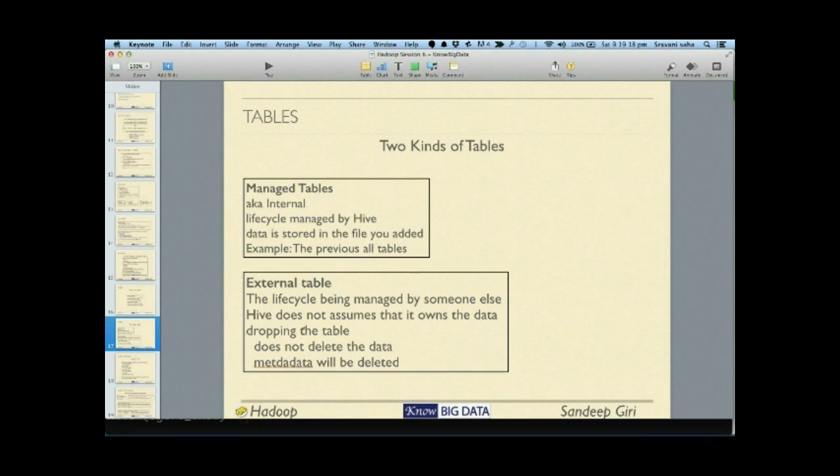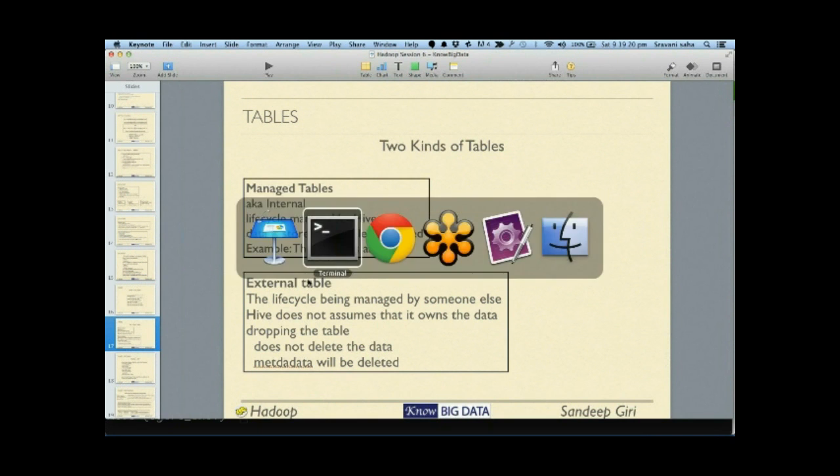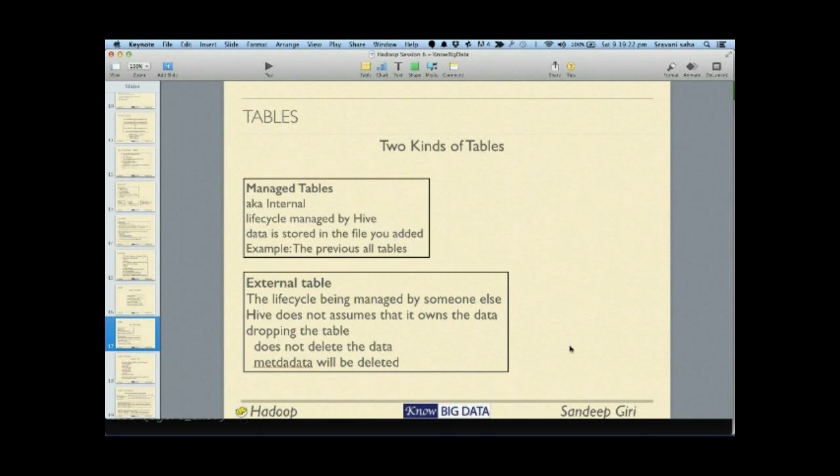So external table looks like this. Create external table if not exists called stocks. And we say that this is where my location is going to be. So that is how you define an external table. You define all the columns. And also note this syntax. It says